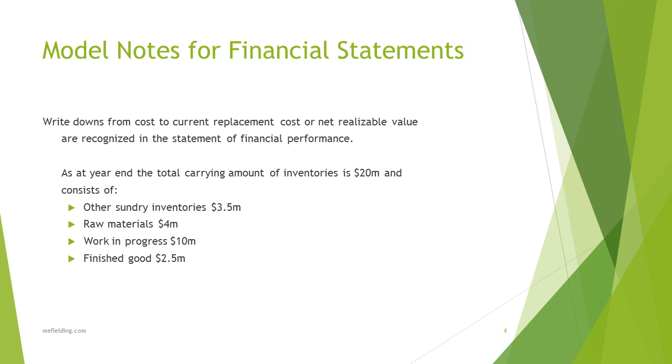In addition to that, there are other sundry inventories. You would need to see what they were actually including here, but certainly other sundry inventories would often include stuff which isn't direct for the manufacturing process. So there might be some indirect materials, materials that the maintenance department use. They might keep some other kind of spare parts. So if it's a motor car manufacturer, they might have spare parts such as windscreen washers and so on, which they would sell to dealerships to repair the cars.